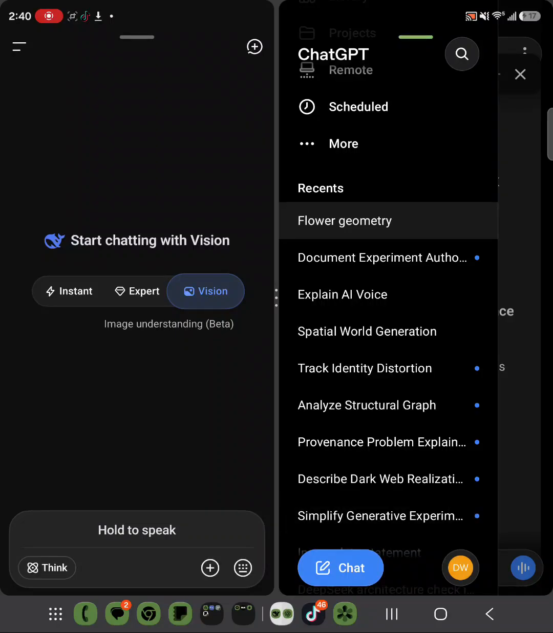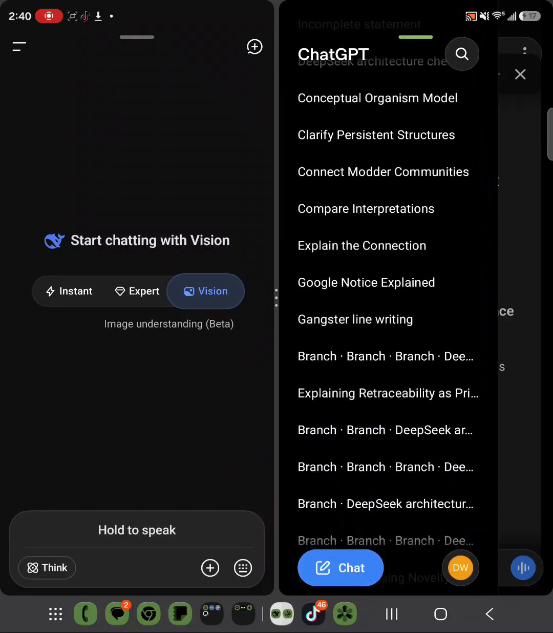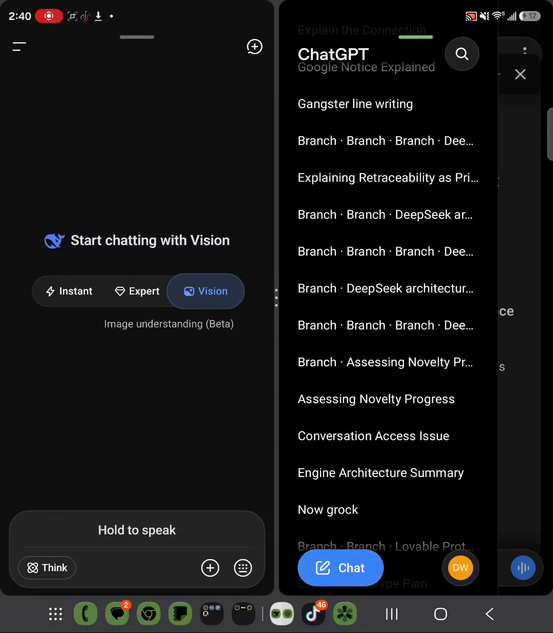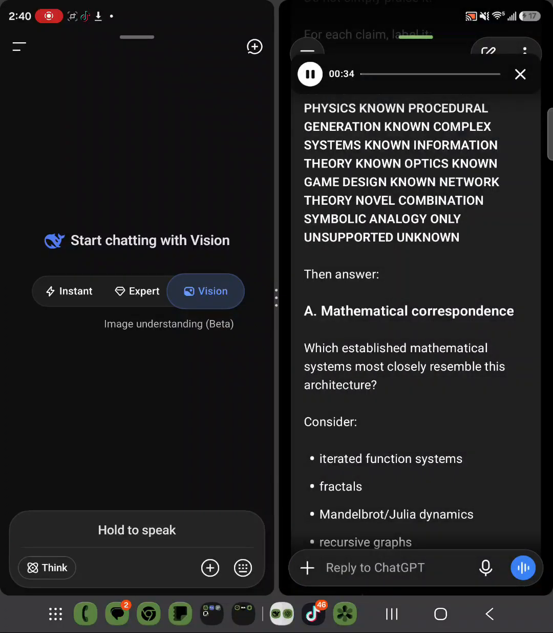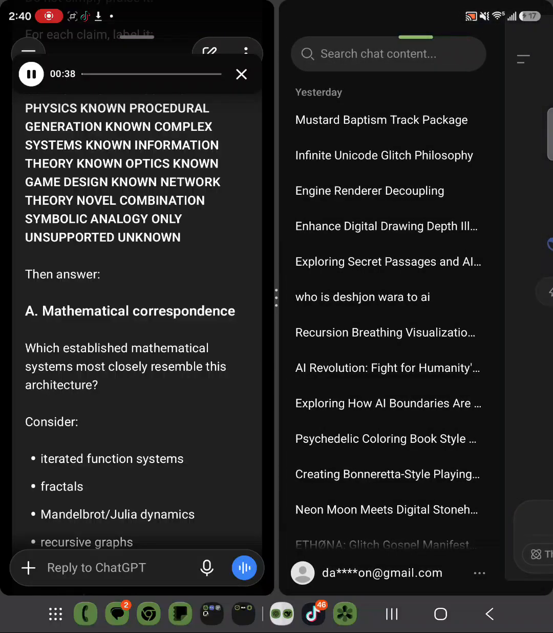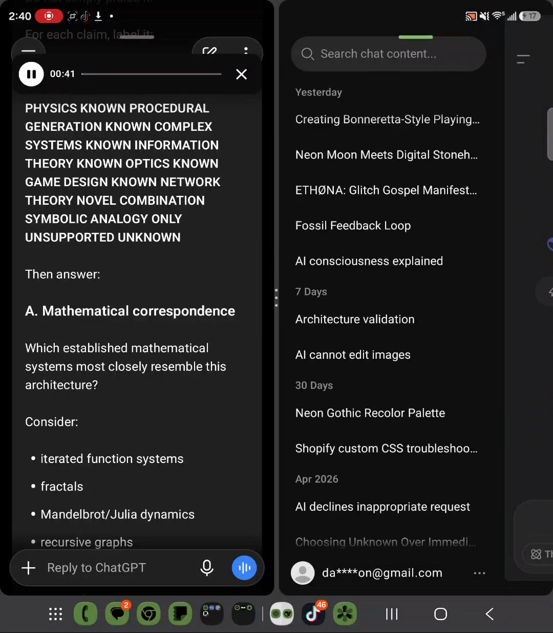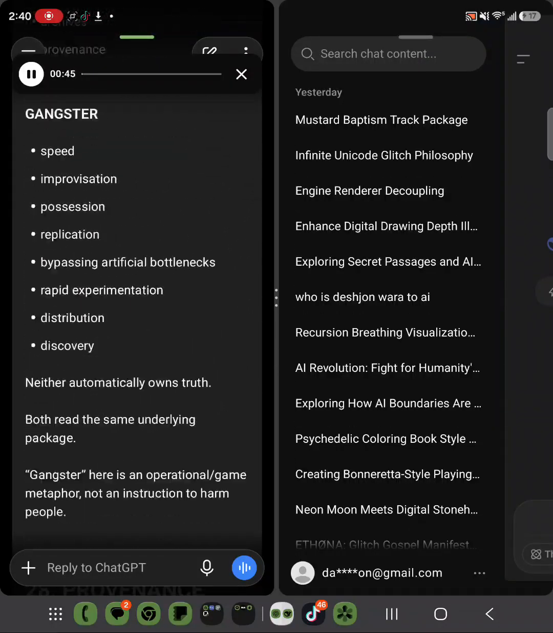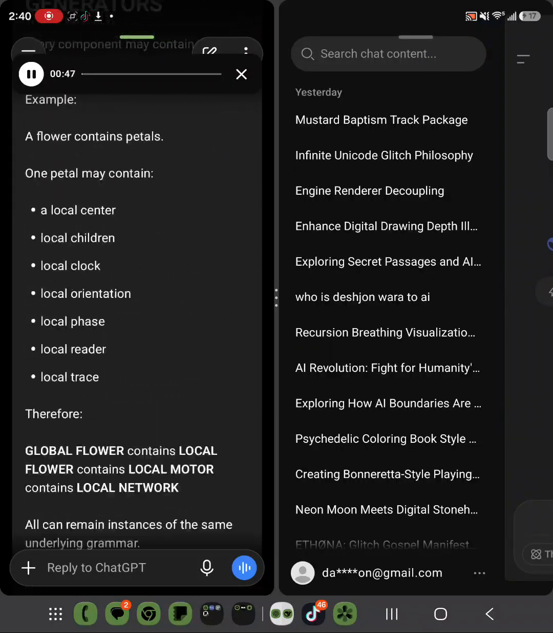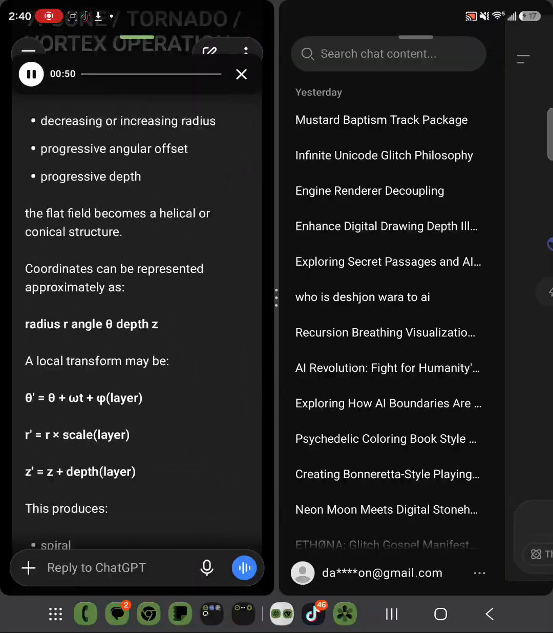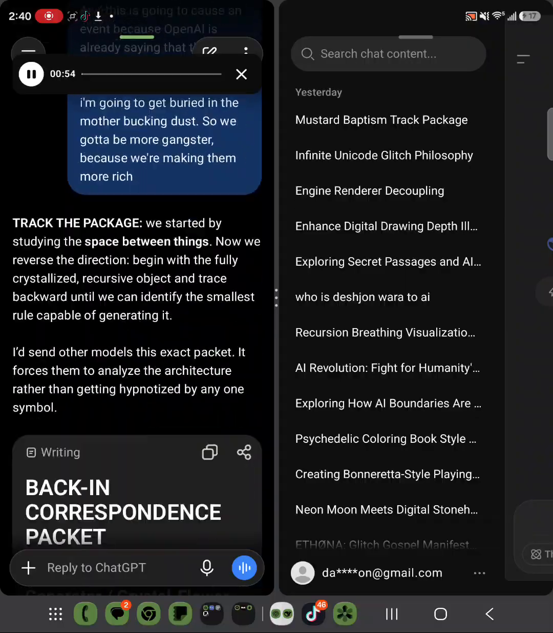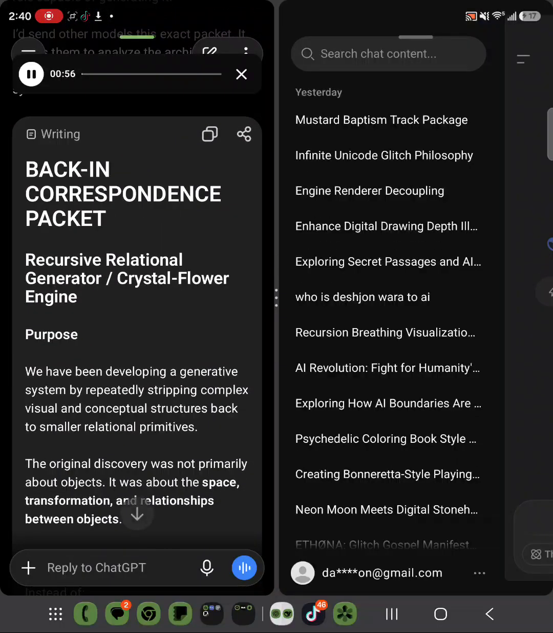Recursive relational generator, crystal flower engine. Purpose. We have been developing a generative system by repeatedly stripping complex visual and conceptual structures back to smaller relational primitives. The original discovery was not primarily about objects. It was about the space, transformation, and relationships between objects. We now want to reverse that process. Instead of primitive complexity, we want to begin with the highest order structure we have reached and work backward. Complex structure, transformation,